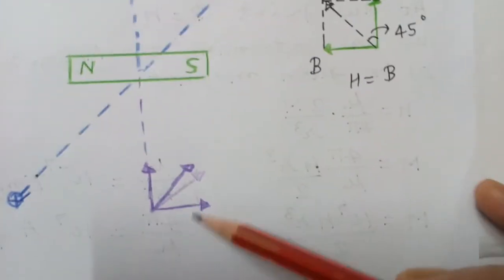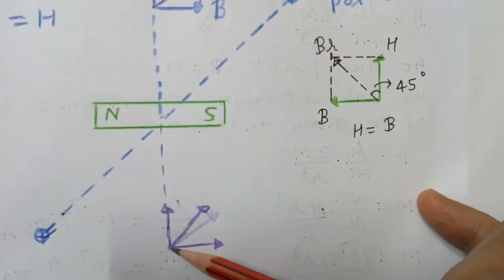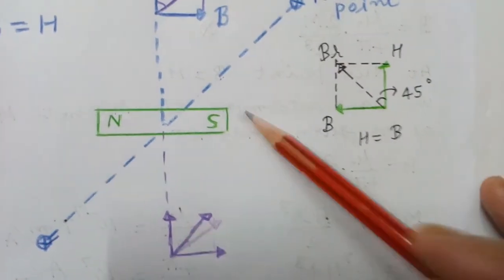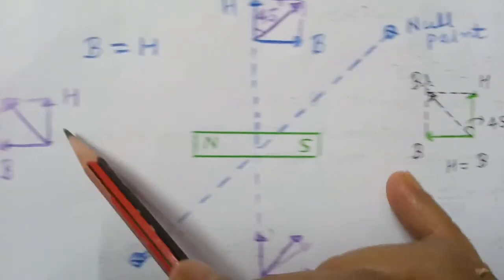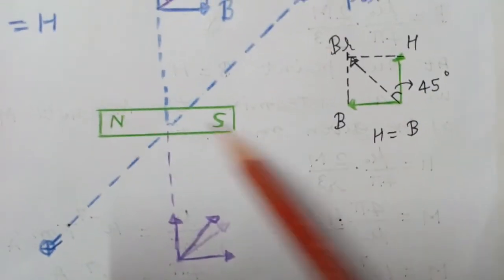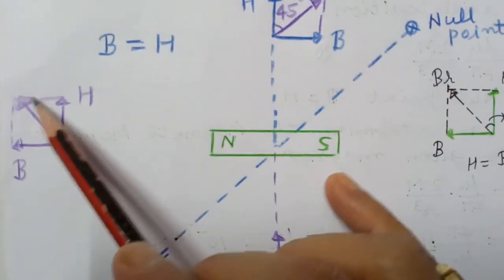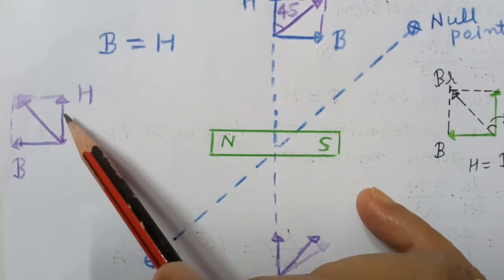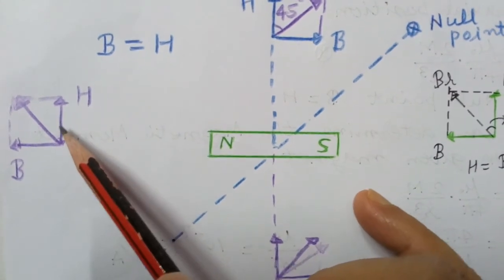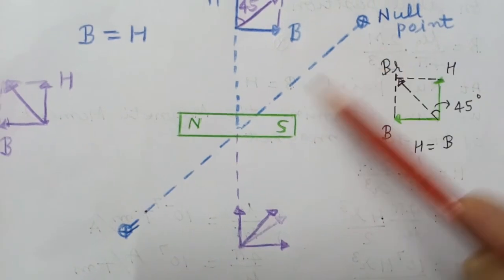You will get a null point on this line also, and similarly you will get this position on axial position of the magnet also. Here also this resultant field is making angle 45 degree with the north direction, and you will get null point along this line,